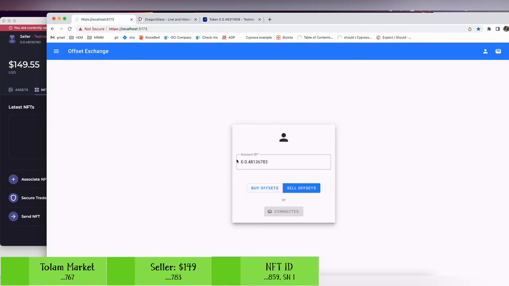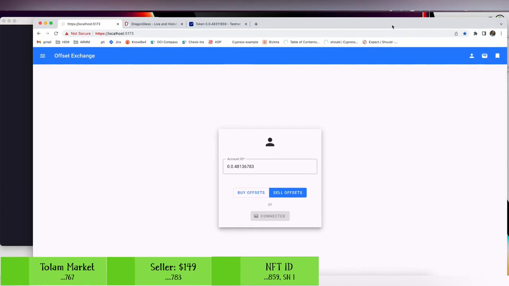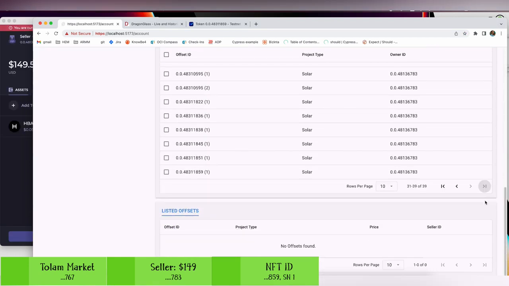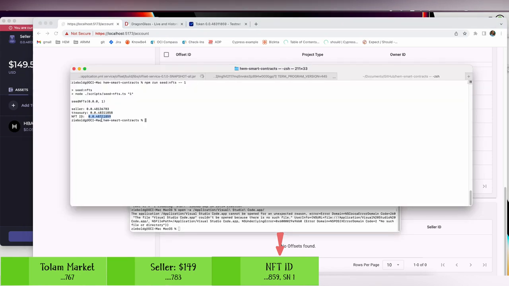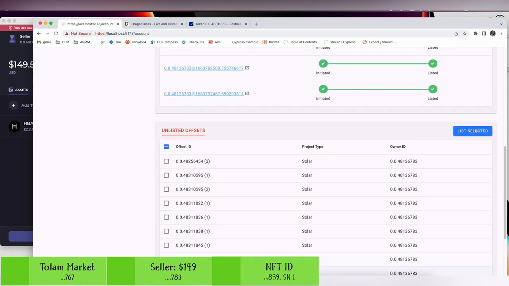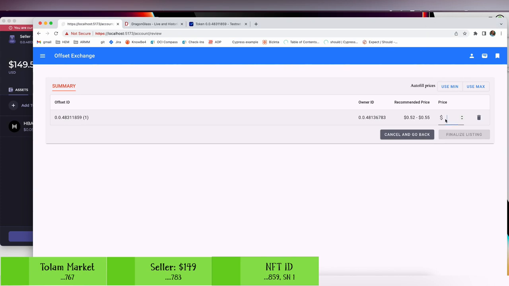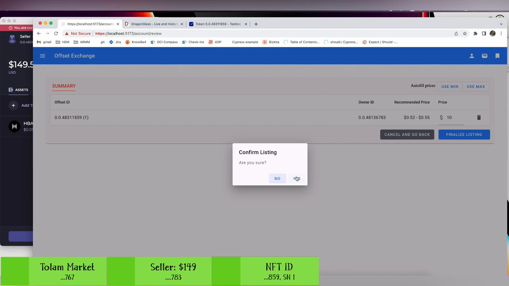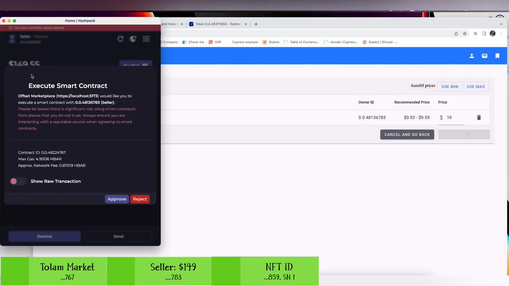So now, as this seller, I want to go ahead and sell the offsets. And go to the end of my unlisted offsets, and we see here is my token ID, which matches the token ID here, as well as the serial number of 1. Go ahead and pick that guy, say yes, I want to list it. I'm going to put a price of $10 in there, finalize the listing, say yes, I want to finalize this. Now it's going to connect to the Hashpack wallet, say do you approve of this contract? Say yes, I'm going to approve it,